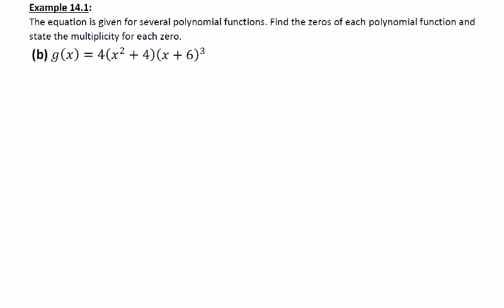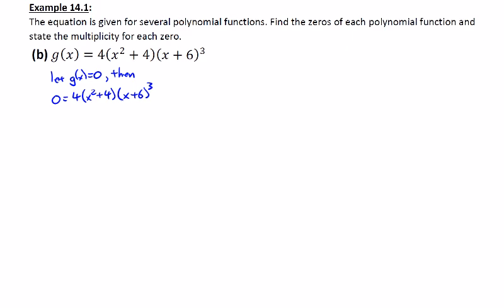Example 14.1b asks us to find the zeros and state the multiplicity for the equation provided. So it's already in factored form. So I'm going to go straight to saying let g of x be equal to 0, which is then going to say 0 equals 4 times x squared plus 4 times x plus 6 to the